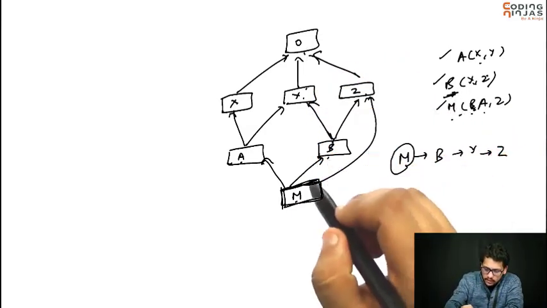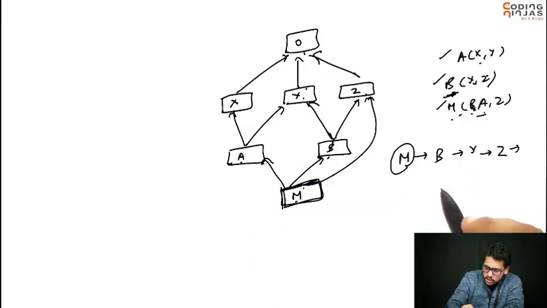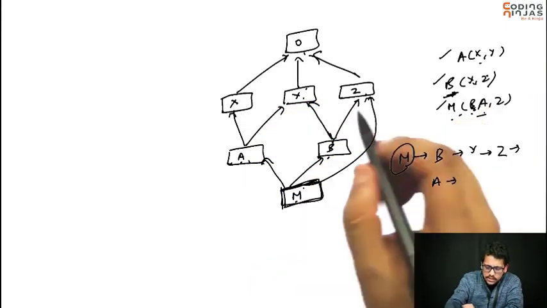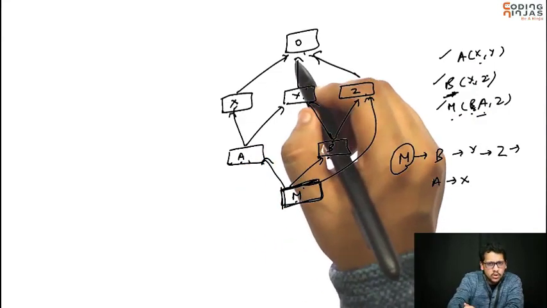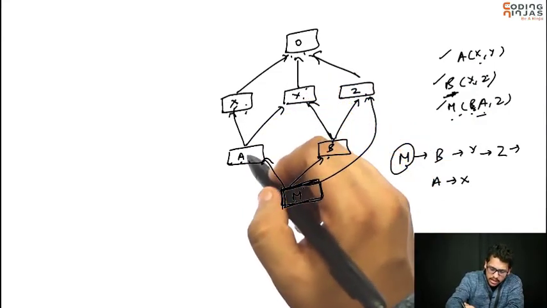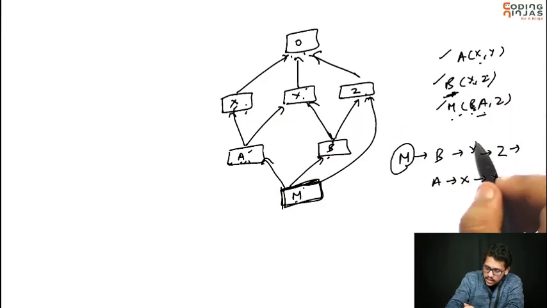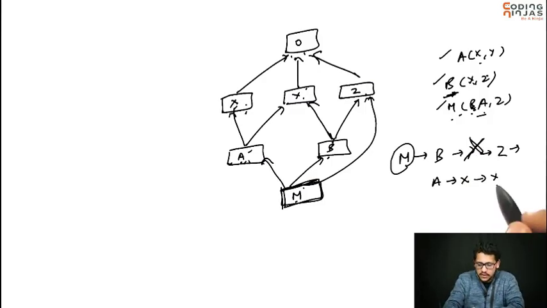Now B is over. After that M will come here, M will go to A, so the next operation will be of A, then you will go deep. A inherits from X, so X will come here, after that you again go to O, you will come back here now. A inherits then from Y, so you will go to Y and this Y will exit. This is how method resolution order works. If any Y comes again, the previous Y will be omitted.